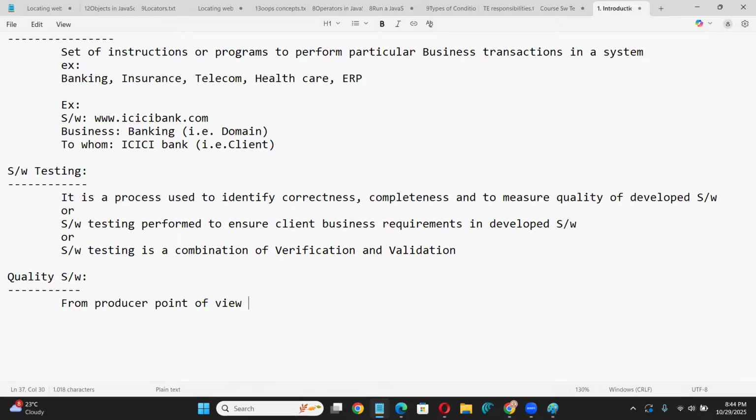Producer means the team which is involved in developing the software. From the producer point of view, when the application is fulfilled with all the client requirements,